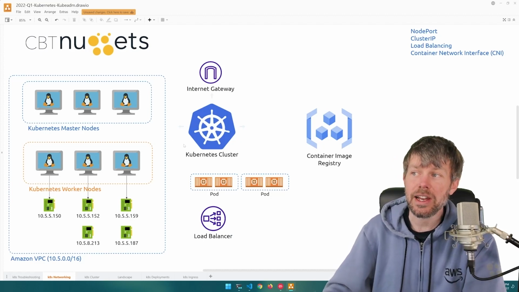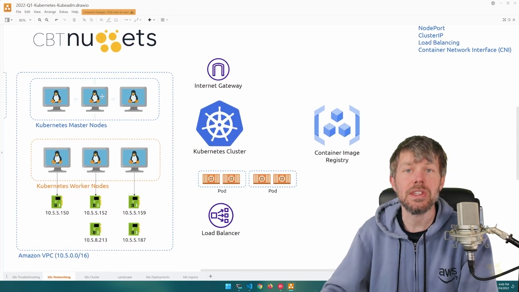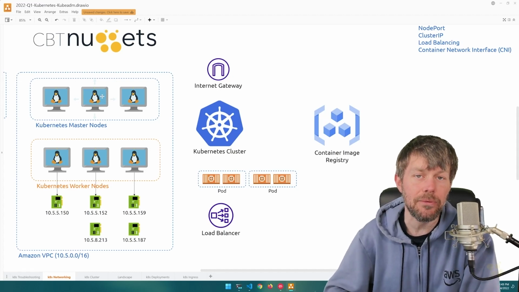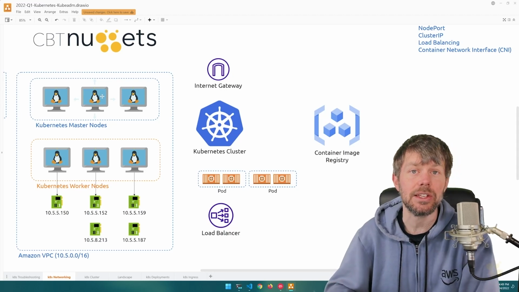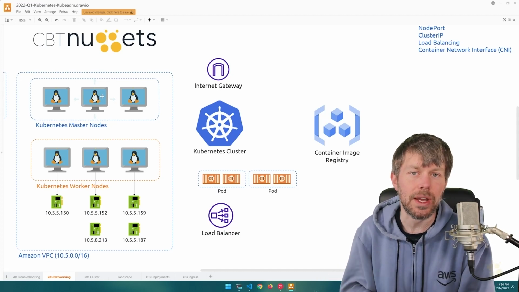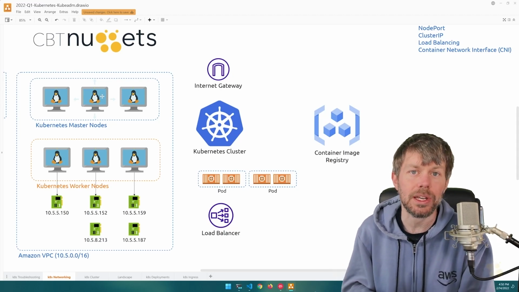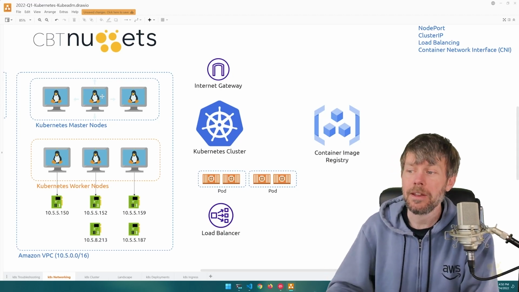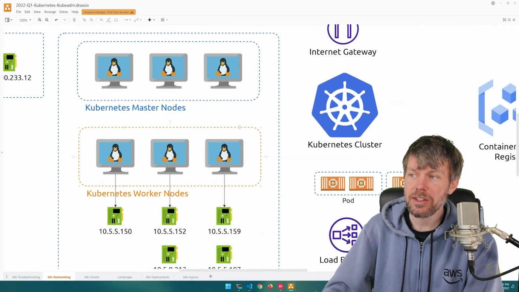So I've put together a little diagram here that is going to help us understand how some of these different things work. I'm going to be using the Amazon Web Services cloud platform, in particular the Amazon Elastic Kubernetes Service, EKS, in order to demonstrate how these concepts work. However, these concepts really are more general networking concepts, and they should apply to pretty much any network environment that you're working inside of. So for starters here, we've got a cluster, and the cluster, as we just mentioned, is